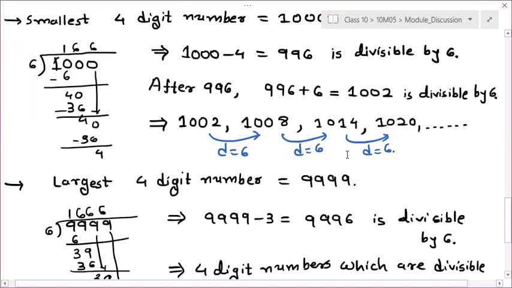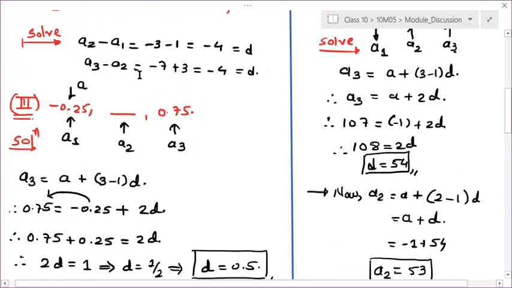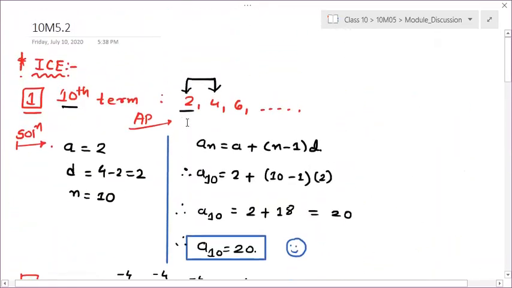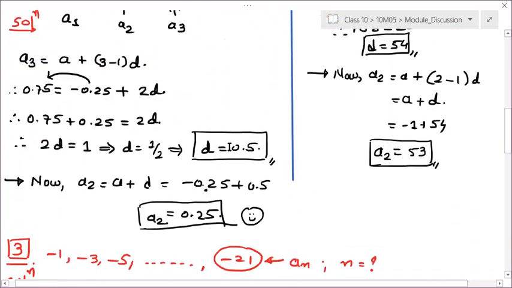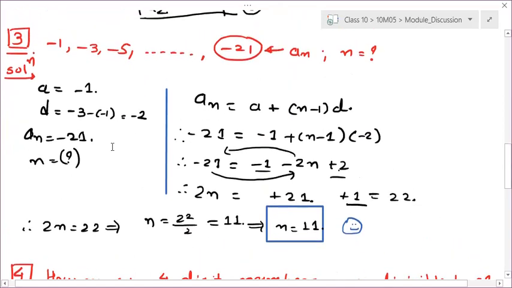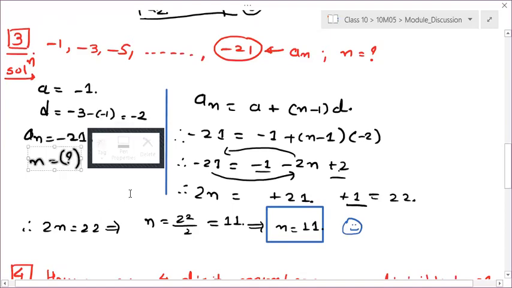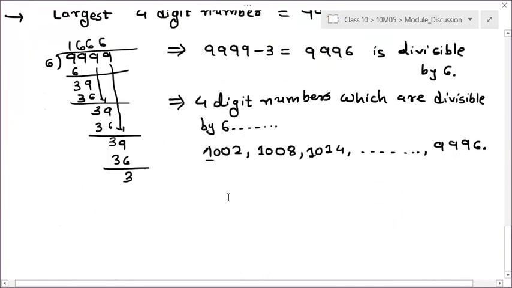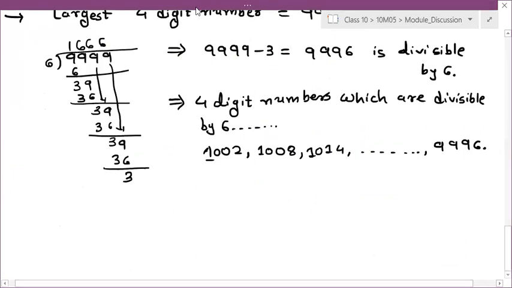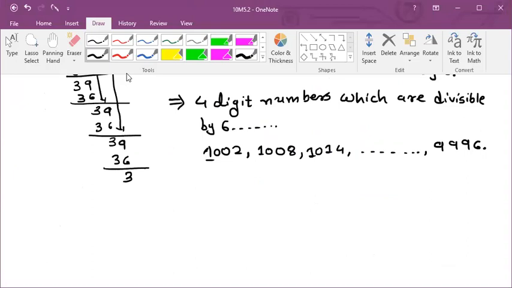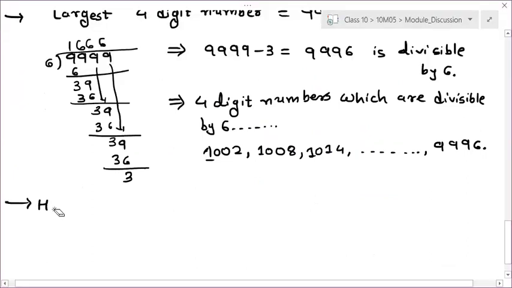So this is the same question as an arithmetic series given to you, right? In this question they have given you that the nth term is minus 21 and asked to find the number of terms, that is n, or which term is minus 21. In the same way here also we have to find the total number of terms, right? So it is an AP, it forms an AP. Now are you getting the application of AP, right?